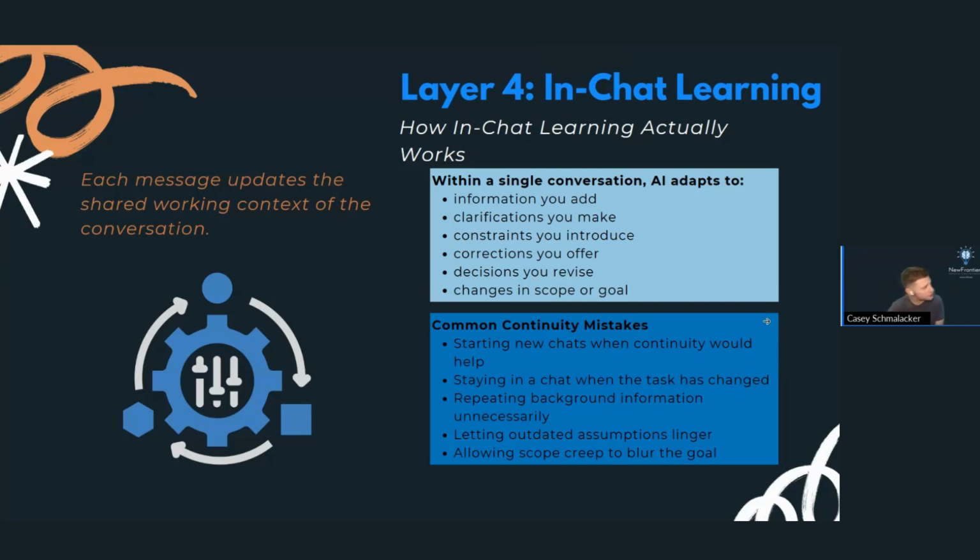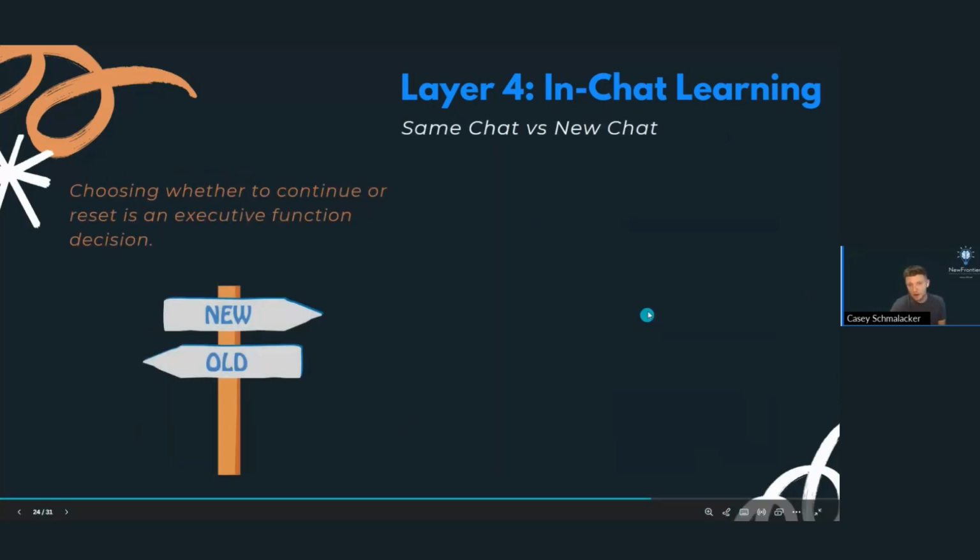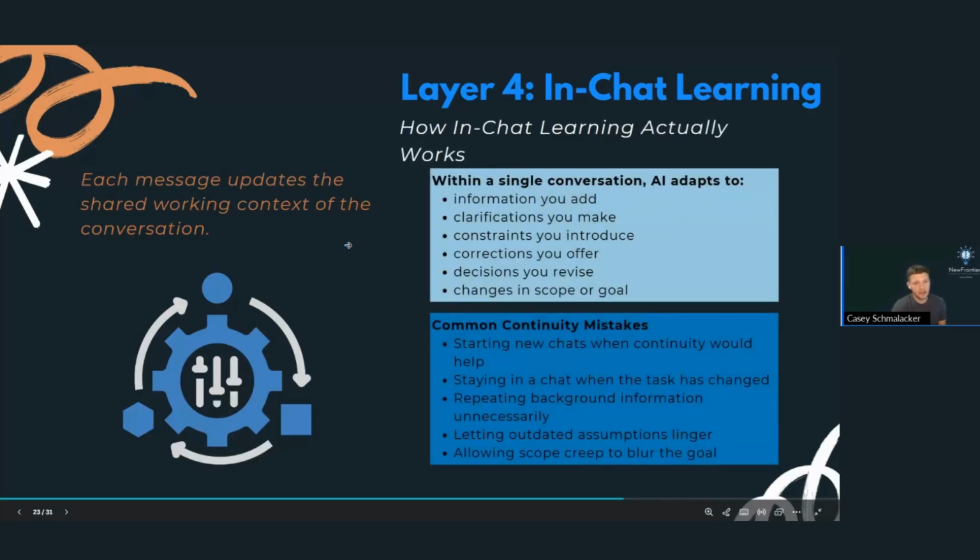And just like I mentioned earlier to the first question, that's when sometimes it's great to ask the chat to actually pre-package things to bring it into a new chat so that it frees up some of that space. So each message updates the shared working context of the conversation.